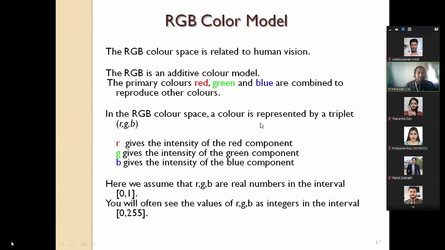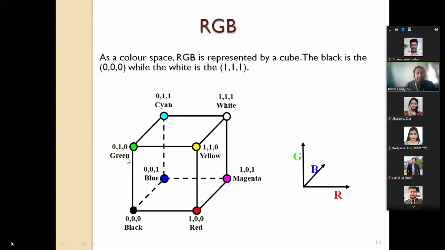Whenever we explain the space, we try to explain it with a three-dimensional cube, and we have seen that this is the cube where the x, y, and z coordinates have been defined with the primary values red, green, and blue. Their combinations create yellow, like red and green creating yellow, blue and green creating cyan, and blue and red creating magenta. When there is no color, that is black, and when we have all colors, it is white. That is the RGB color space.